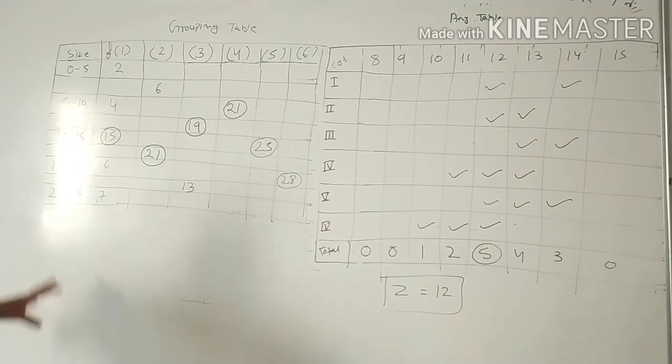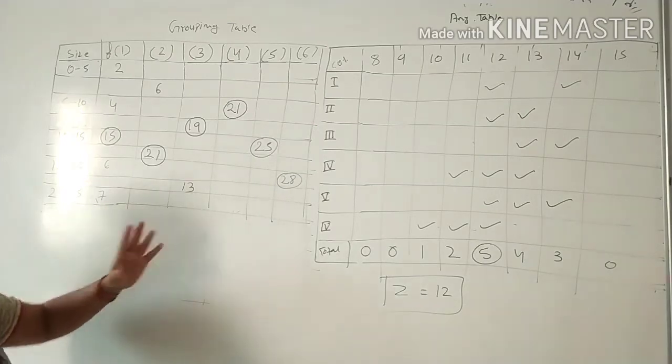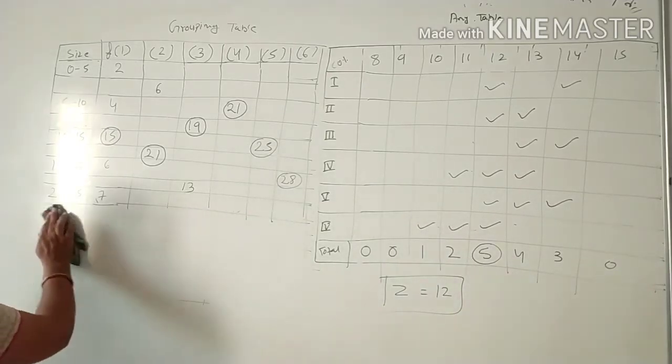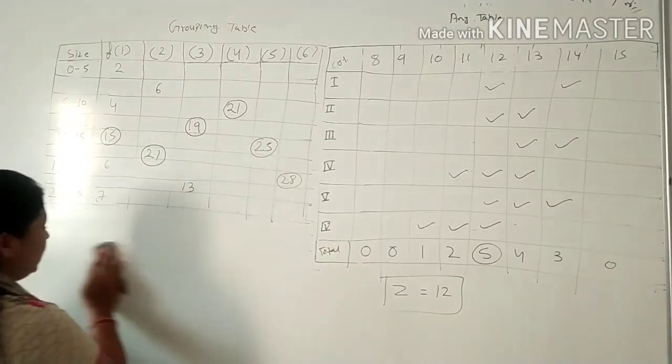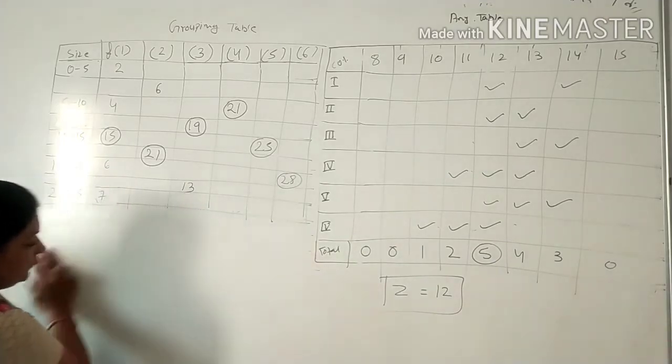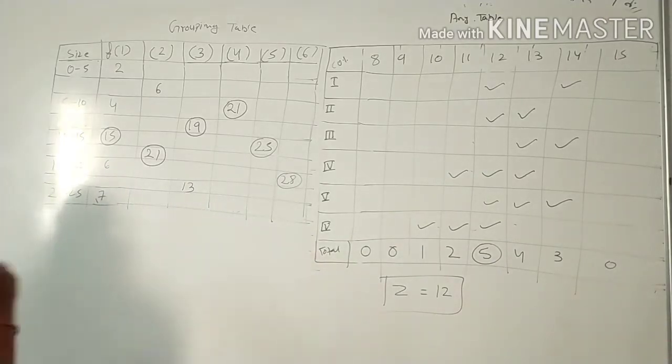This is all about the continuous series. We make the grouping table as per the same analysis whatever we had done in the discrete series. Now we just find out the grouping analysis table here only, because we need one more formula to establish the Z. Now analysis table.